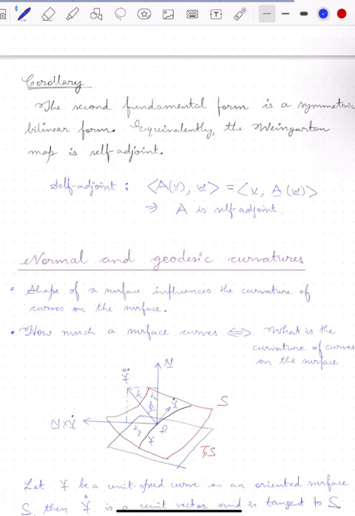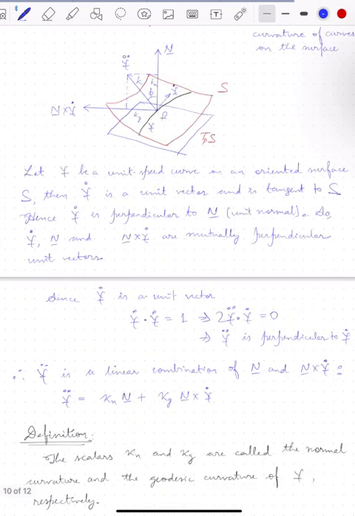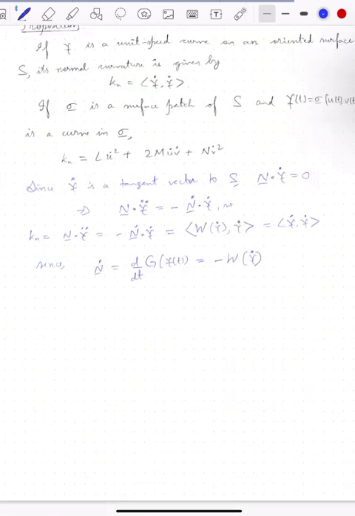And we also learned that the Weingarten map is self-adjoint, and I also stated the condition for the self-adjointness of any operator, right? Okay, so coming back,